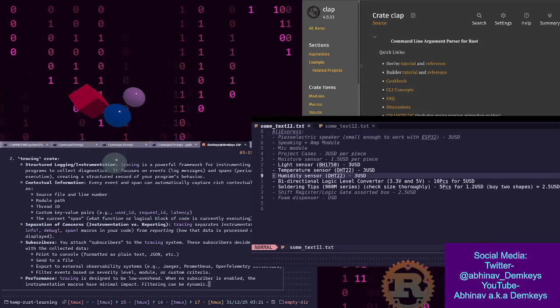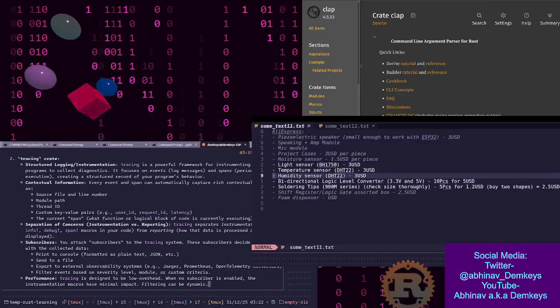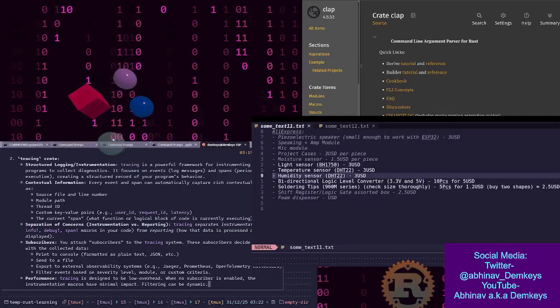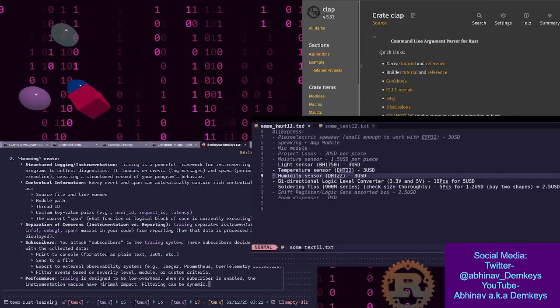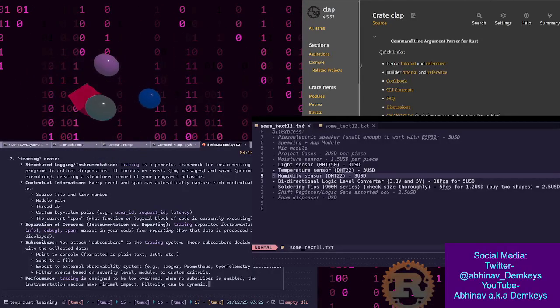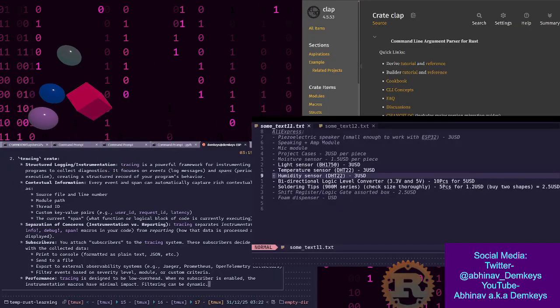Contextual information. Every event and span can automatically capture rich contextual data, such as source file and line number, module path, thread ID, custom key value pairs, and the current span,